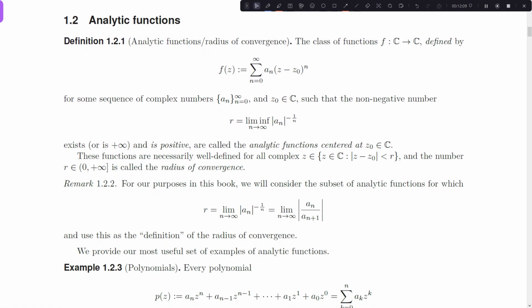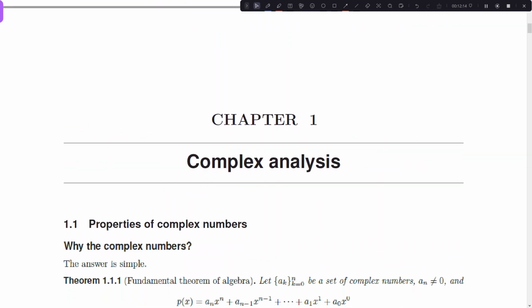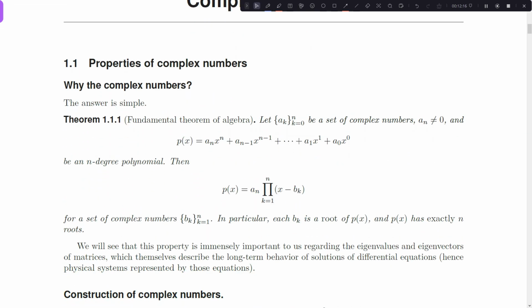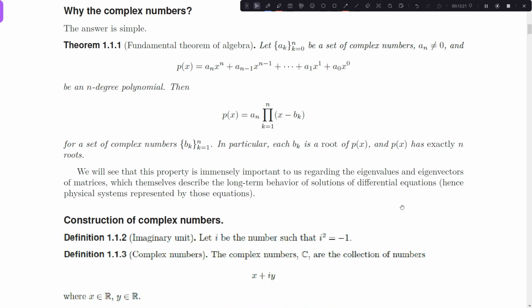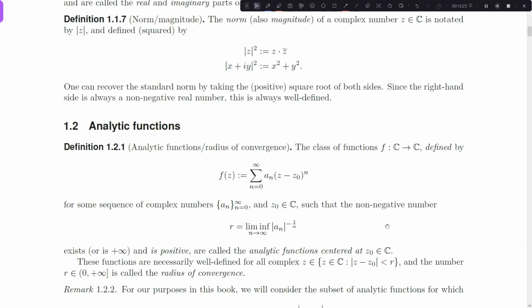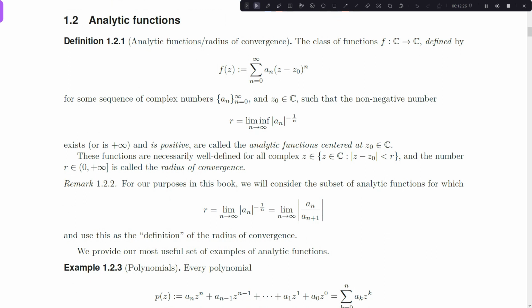Okay, the next step, and this is really half of what we're getting at. We had the fundamental theorem up here, right? The fundamental theorem is one of the reasons why I basically have to introduce the complex numbers in this class. The other reason is that analytic functions are very, very important. Analytic functions are basically the complex version of our Taylor series